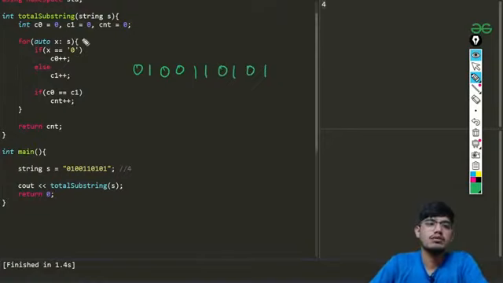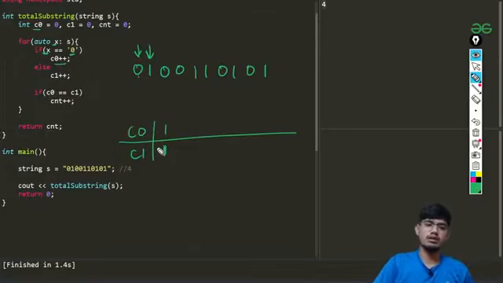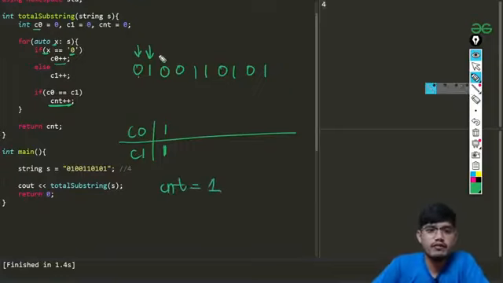Okay, in this case, first I have this count 0, C0, then I have C1. Now I'll be starting my iterations from here, right? So first I've encountered this, my x, which is this one character, and it is equal to 0. I'll be incrementing the count, so now the count for 0 is 1. Then in the second part the count for 1 will become 1 again. So you can see the count for 0 and 1 is equal, so we'll be incrementing our original count, which is now 1. Okay, now we'll be just moving ahead.